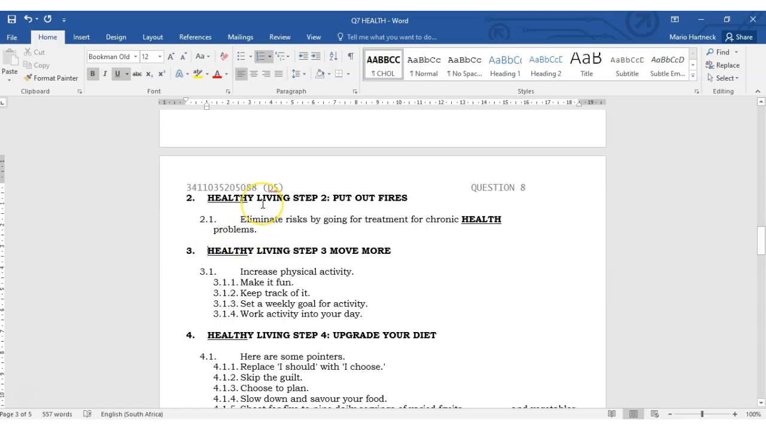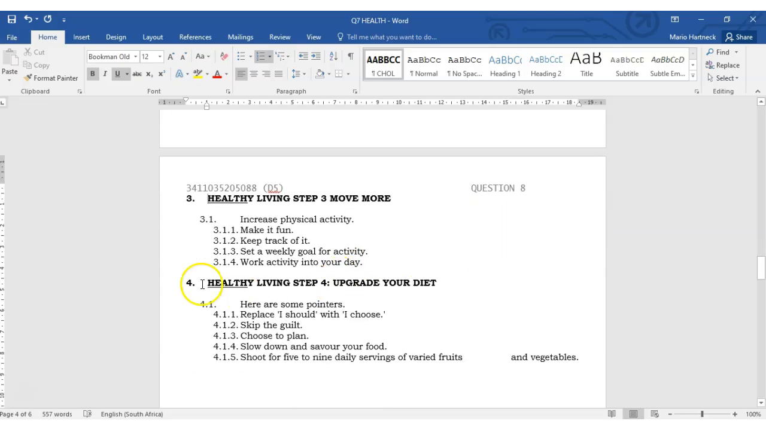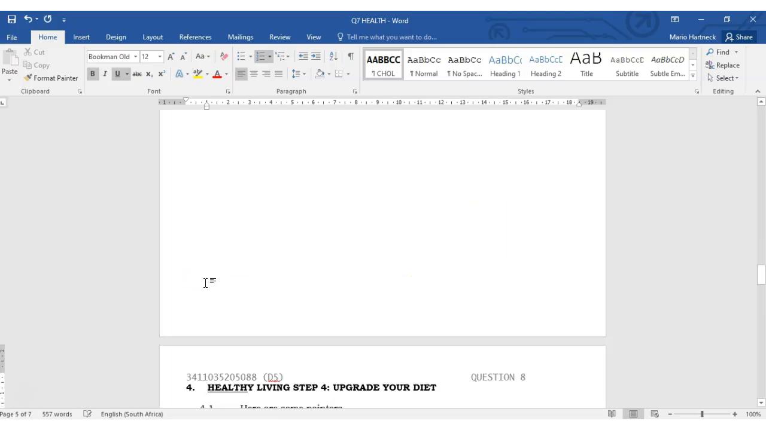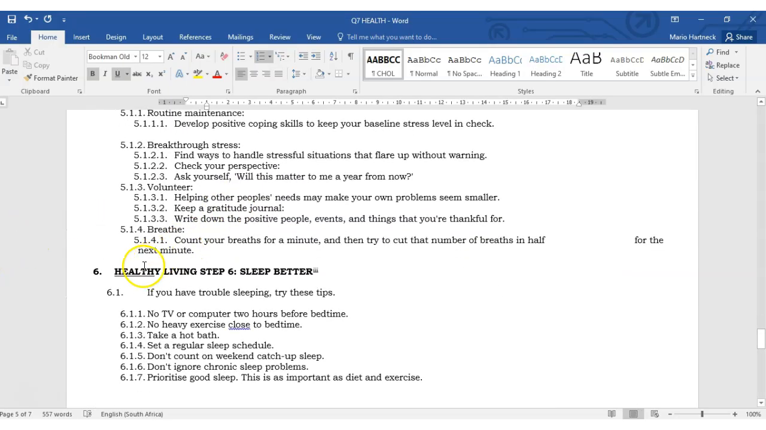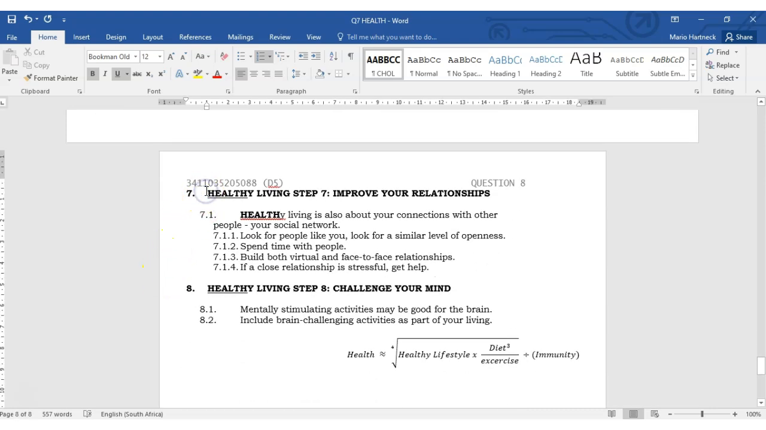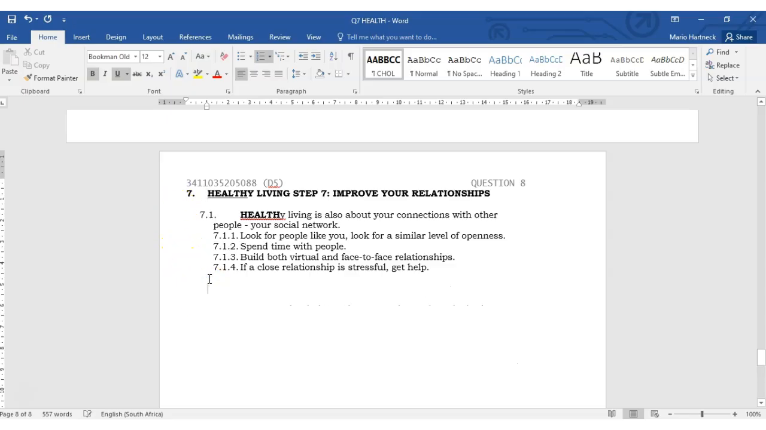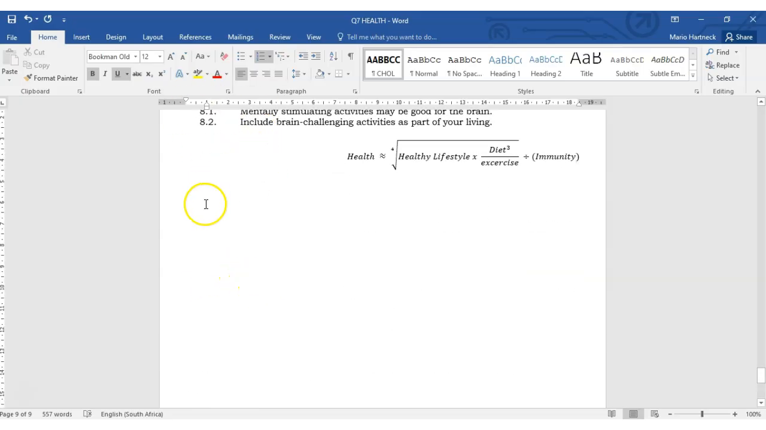Paragraph 3, however, needs to go to its own page, so Control and Enter. Paragraph 4, Control and Enter. Paragraph 5 is already on its own page, but paragraph 6 needs to go to its own page. Paragraph 7 is already on its own page, but paragraph 8 needs to go to its own page. And remember, after paragraph 8, we also need to insert a page break. So after the equation,